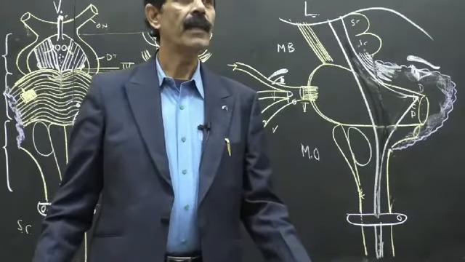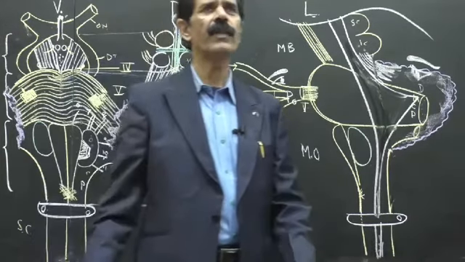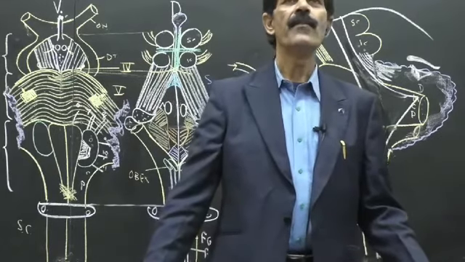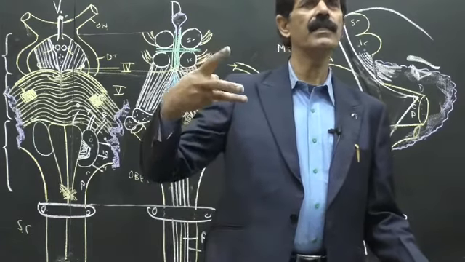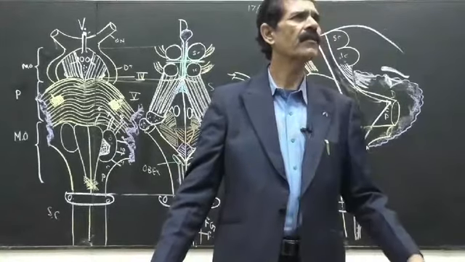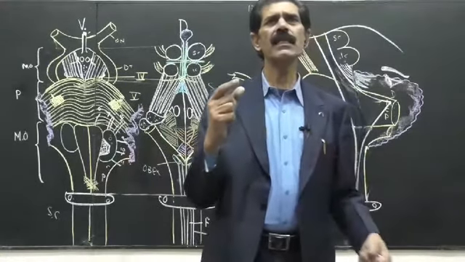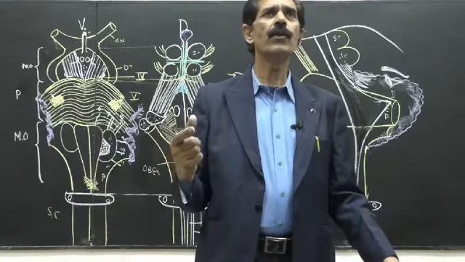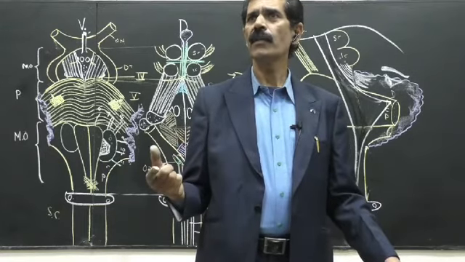So pain, temperature, pressure and touch, general sensations from the skin of the face, are carried by the ophthalmic, maxillary as well as the mandibular divisions of the trigeminal, and all these 3 divisions enter into the brain. Which part of the brain? Ventral aspect of the pons. Then inside the brain they will relay. Where they relay is called the nuclei or grey matter, the sensory nuclei of the trigeminal.